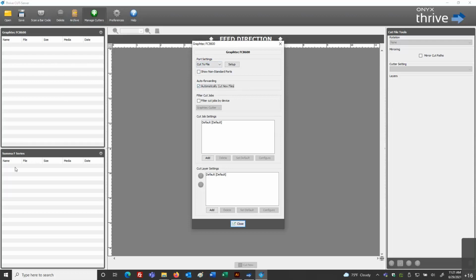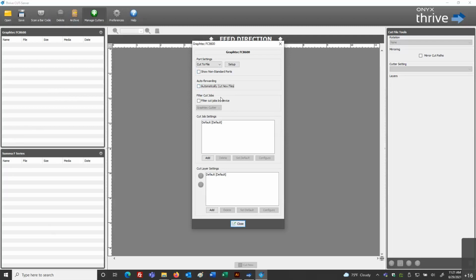And that could be convenient. So the cut information can stay here in the computer inside Cut Server, but then maybe we say, well, we can get that cut data immediately over to the front end computer, and it can wait there until we're ready to get our file over there. And then that's a separate software that's controlling the flatbed cutter. We can call up the data and it's already there. So we call it up and we tell it to perform the cutting. So keep this in mind. There could be some useful conditions for this setting.